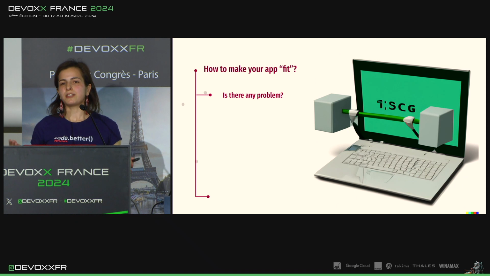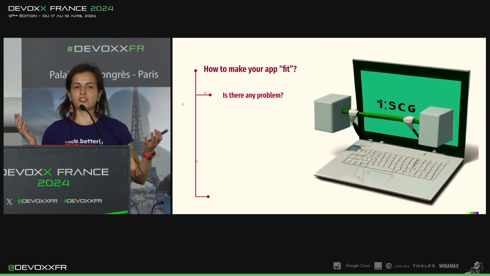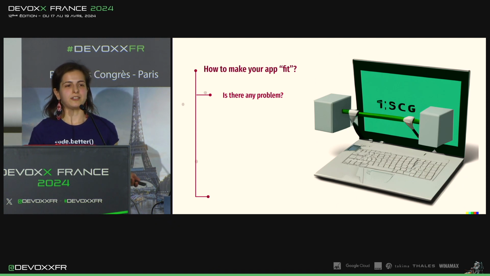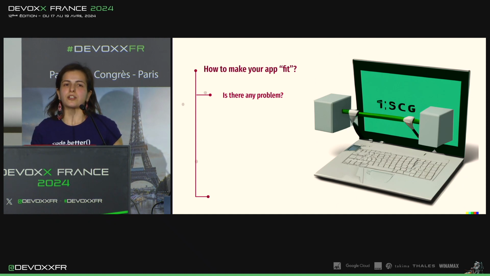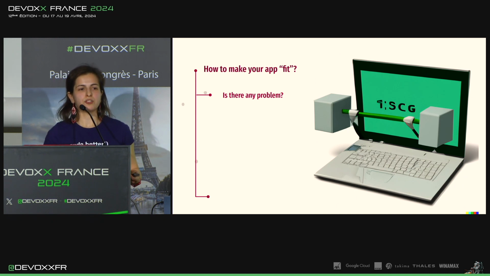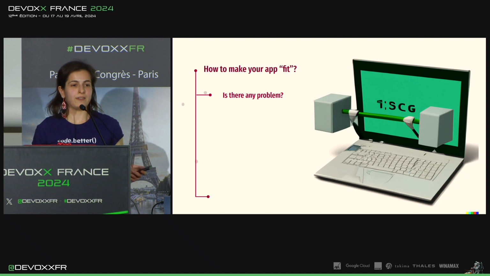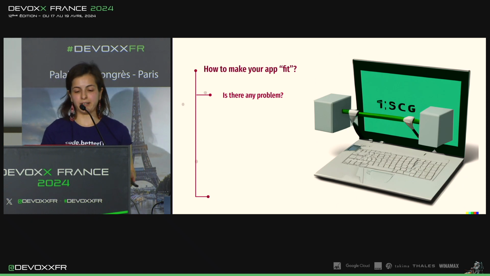If you're satisfied with your appearance, if you're okay, just don't do it, don't waste your time. Try to do something else, something more important. The same for your application. If you're satisfied with how much you pay for your cloud providers, if you're satisfied with your application's performance, spend more on deploying new features, on scaling, doing something else. So first of all, you need to understand if there is any problem.